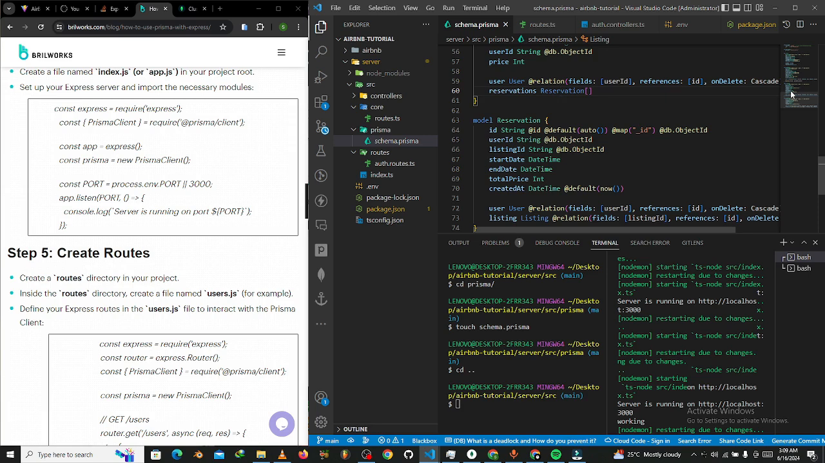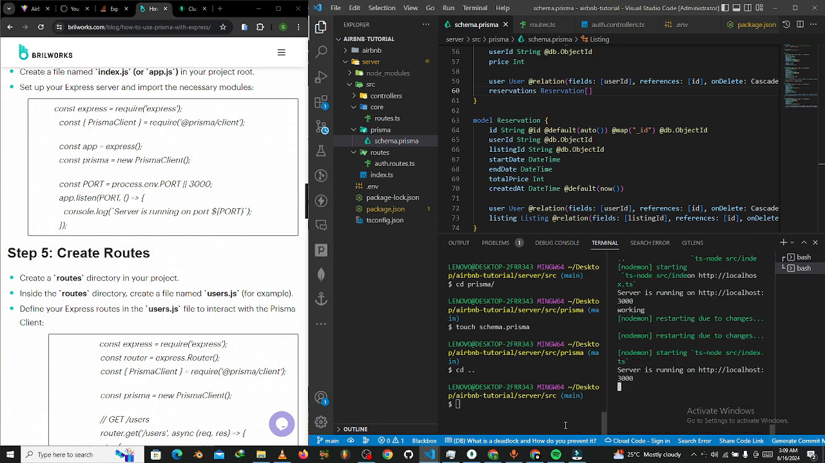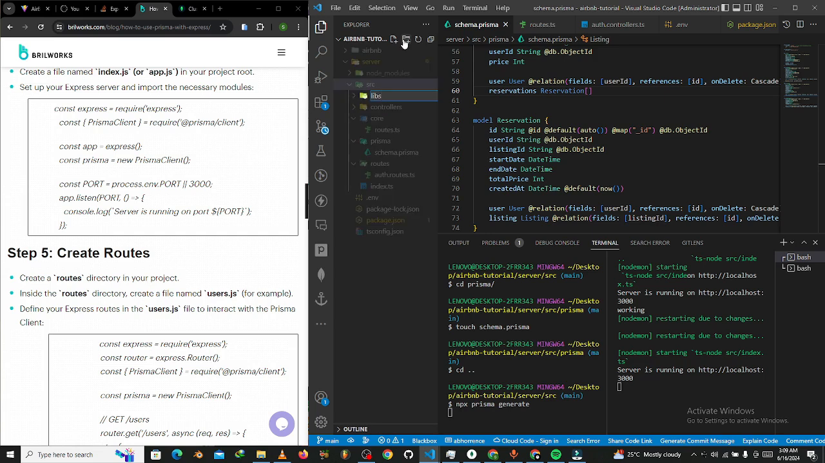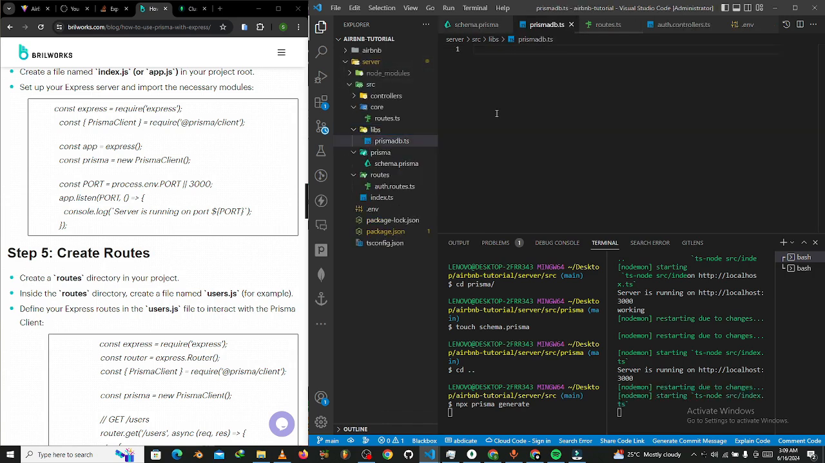Okay, so now that we have this working out well, what we want to do now is run our npx prisma generate. So while we are running that, what we want to do is come into the src again and create a new folder called libs. Then inside libs we pass in our Prisma DB, prismadb.ts. Okay, then inside your prismadb, what you want to do is import your Prisma client,